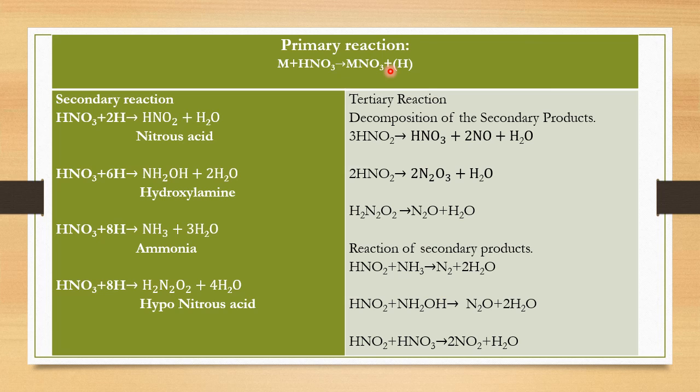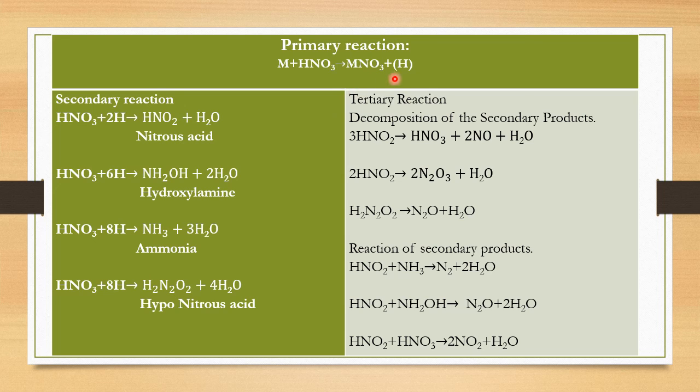Already we have studied that nitric acid reacts with the metal and does not release hydrogen gas. So here it doesn't release hydrogen gas. It gives only the nascent hydrogen, so it's a very active hydrogen. So this is the primary reaction that takes place when a metal reacts with nitric acid. Let's see about the secondary reaction. Metal with nitric acid gives you metal nitrate plus hydrogen. The hydrogen which formed, the nascent hydrogen, further reacts with the nitric acid and gets converted into nitrous acid as well as water. This is one secondary reaction.